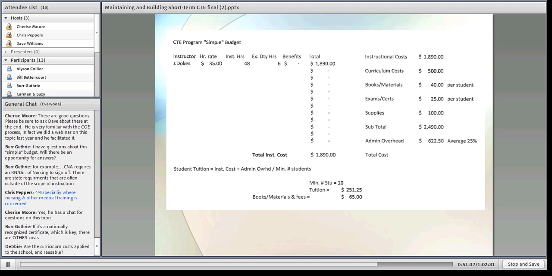Cost for the all things that you have to look at for your area. So again, that's a real quick and dirty